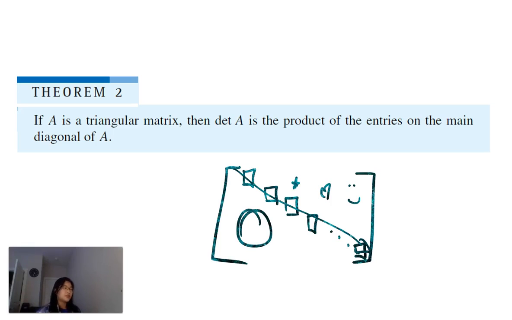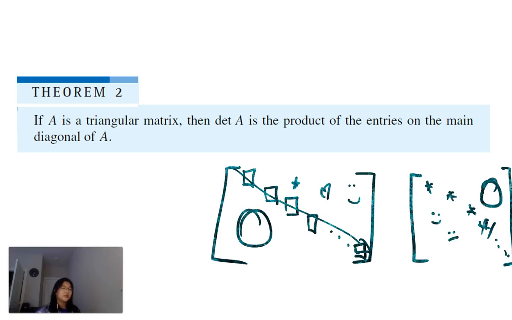And the same thing works if you are looking at a matrix that has zeros on the upper part of the triangle, and then you have other things here. So all these zeros are going to zero out everything else, and all you're going to be left with is the product of what's on your main diagonal,